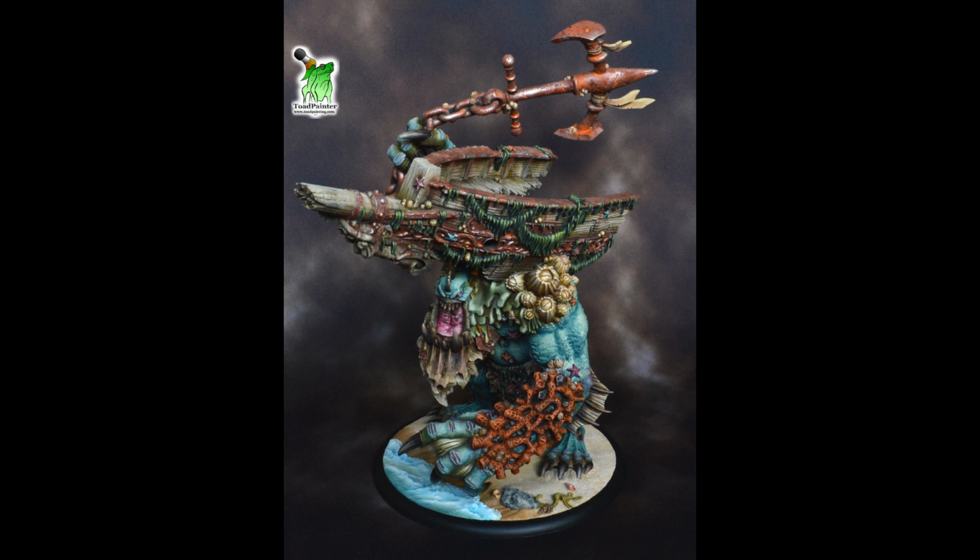So this is the Sea King of Privateer Press, and it's such a gorgeous model with so much detail in it. So Privateer Press, the Hordes faction of Trollblood, has 3 gargantuans. So these are models that are insanely big considering the scale. So if you look at this model, you see that it has the hull of a ship mounted on its back, and this ship is kind of like real life size to a normal